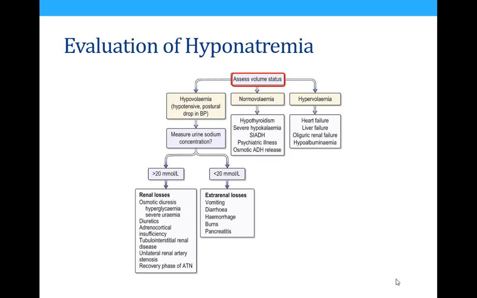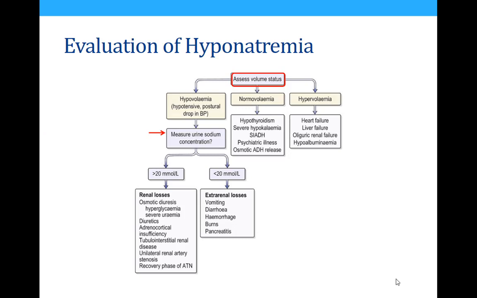Okay. If there is hypervolemia, probably there is heart failure, liver failure, okay, and there is accumulation of fluid. If it is normovolemia, the causes of hyponatremia could be hypothyroidism or SIAD or psychiatric illnesses, okay, osmotic ADH release, etc. If there is hypovolemia, the blood volume is also low, and now you want to know from where the patient is losing water. Then you measure